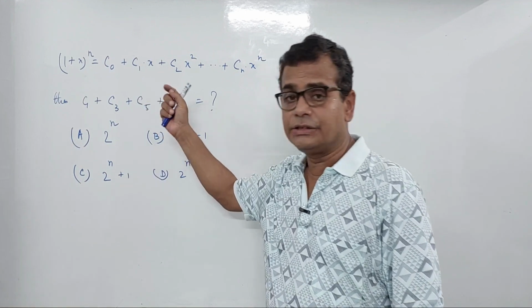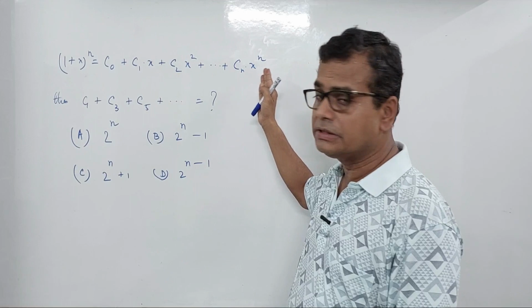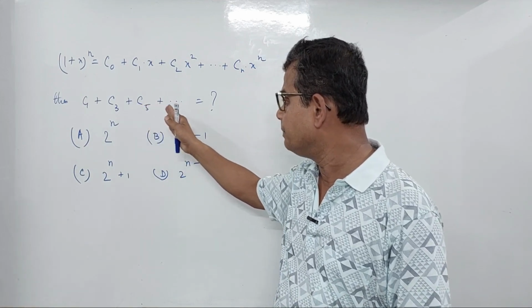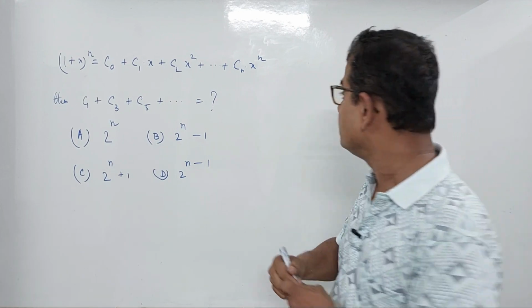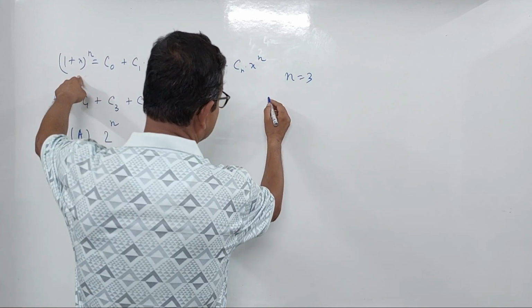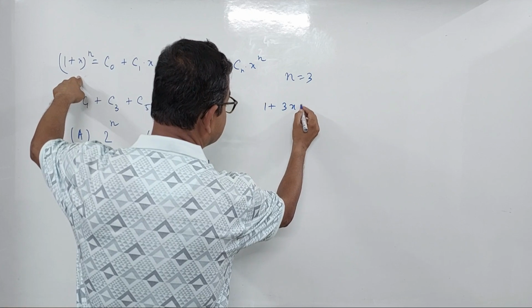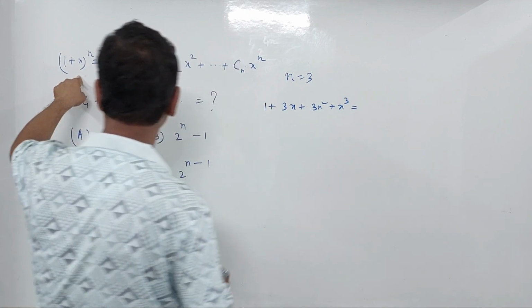If (1 + x)^n = c0 + c1x + c2x² + ... + cn x^n, then what is the value of c1 + c3 + c5 + ...? Now put n equal to 3 here. So we get (1 + x)³, that is 1 + 3x + 3x² + x³, equal to